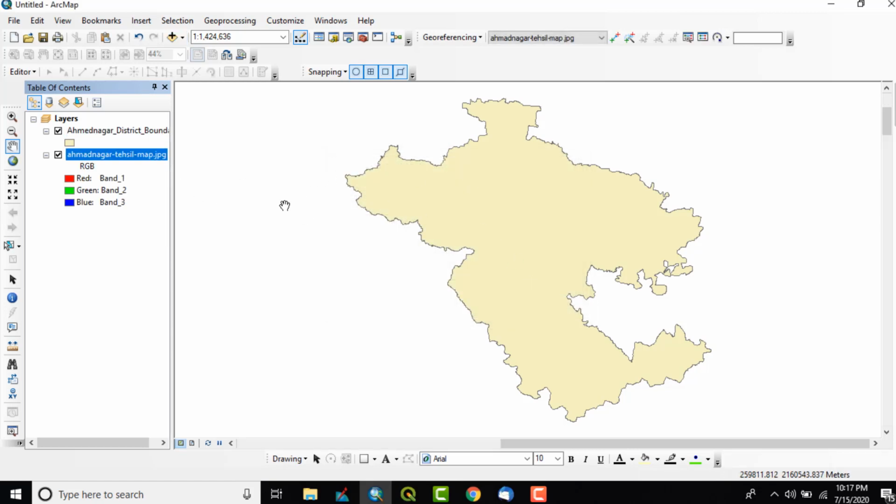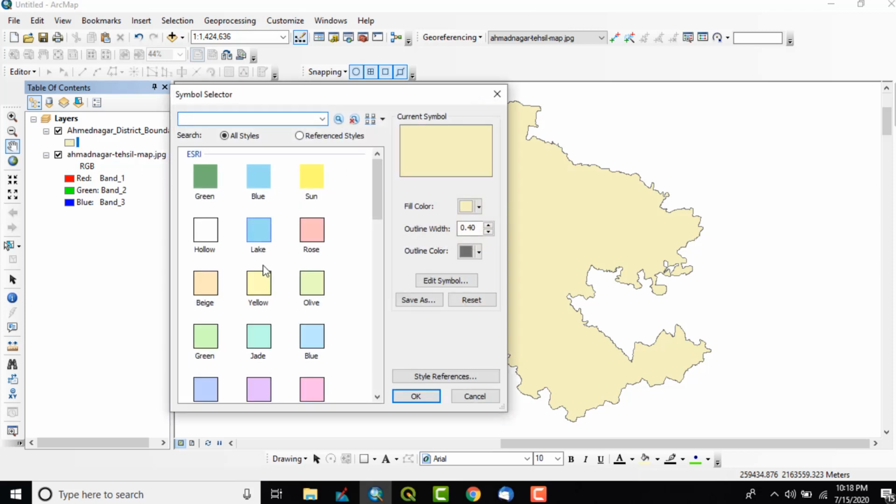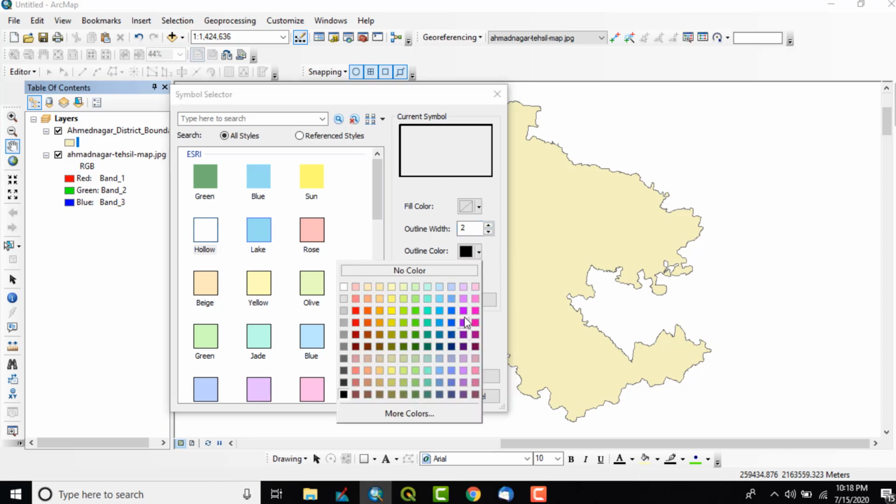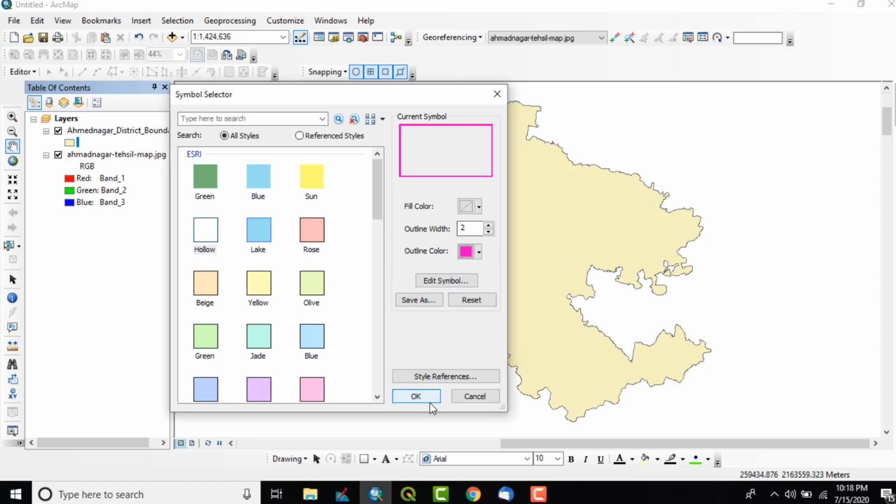Now what I will do is first click on the symbol of the polygon shapefile of the Ahmednagar district boundary and make it transparent. So I will click on hollow. Hollow is the option to see a polygon shapefile transparently, or see-through. So hollow, I will increase the outline width of the boundary and assign a simple color and say OK.